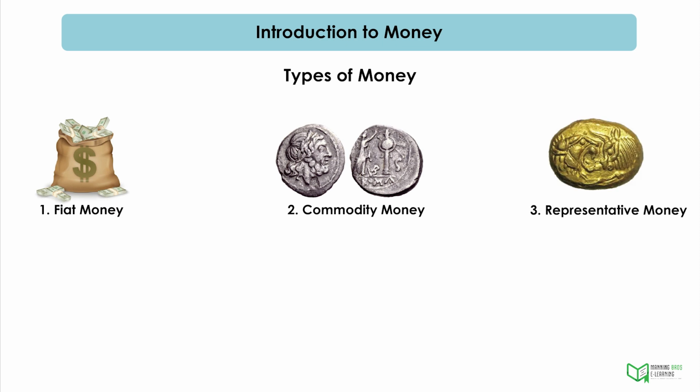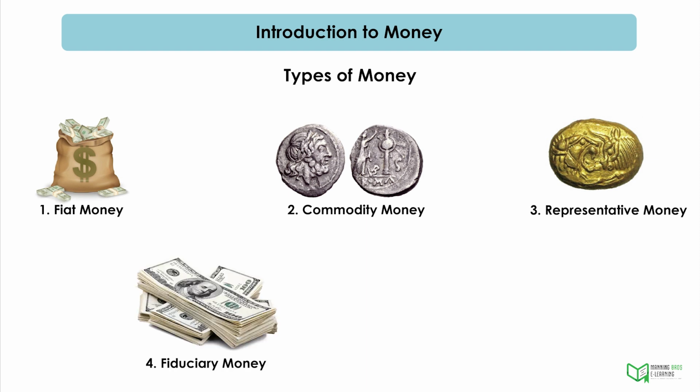3. Representative money. Examples: certificates, paper money, token coins. Representative money, like fiat money, has no intrinsic value. It is backed by a commodity, as opposed to fiat money. As a commodity-backed currency, it may be traded for precious metals, such as gold, stored in a bank vault. It was simpler to transport a certificate than a chest full of riches.